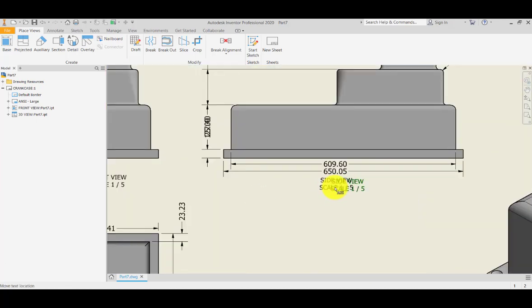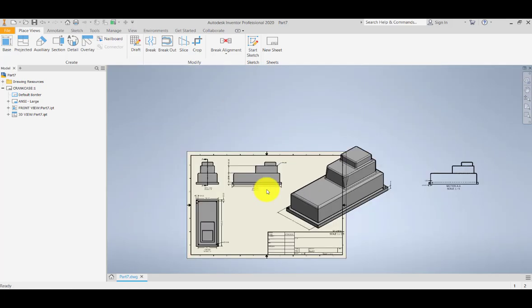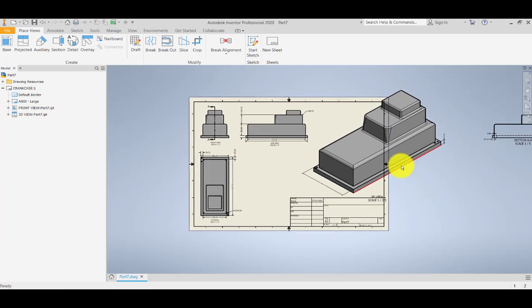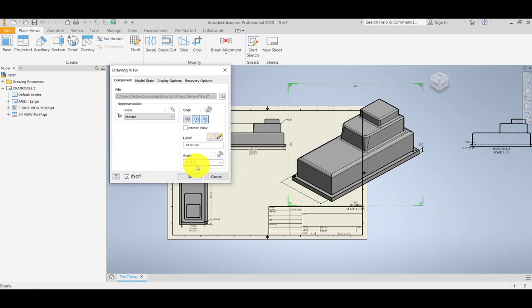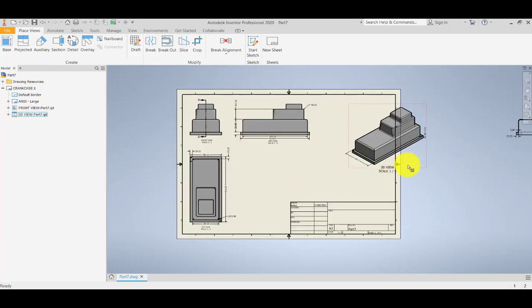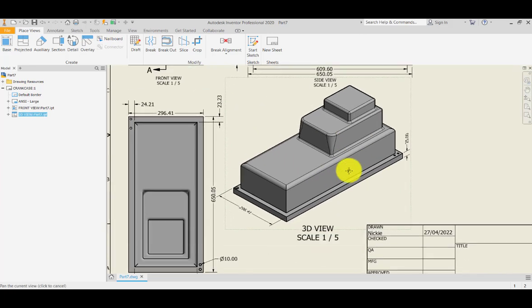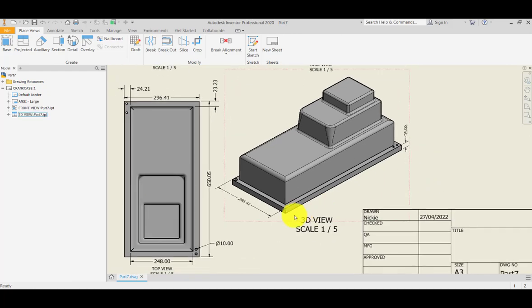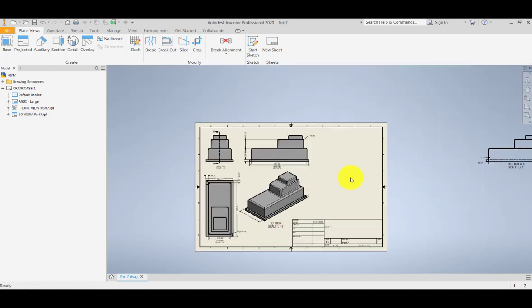I will try to adjust this one, so hold the left mouse button. Then you will notice also that my 3D view is so big, so we will adjust the scale of this one. Let's give this one a scale of 1 to 5, and let's move this one near my top and side view, to fit it properly. So let's adjust more, and adjust more here. Okay, so it now fits my A3 paper, nicely and